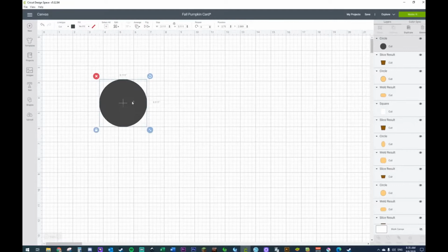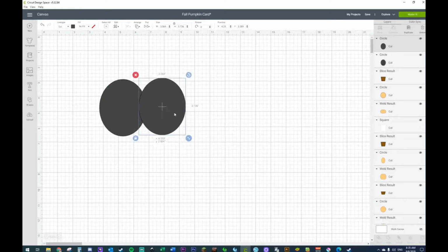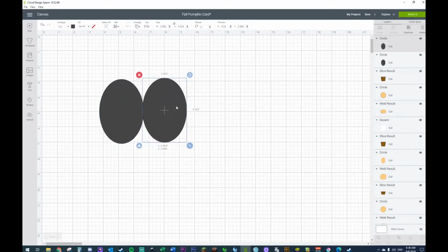And what we're going to be using primarily is going to be some circles. And all I'm going to do is just slightly elongate it. It doesn't matter how big or how small they are because you can always resize these. And that's what I really like about working with SVGs. So for this one, let's do a little longer. I'm going to duplicate this,